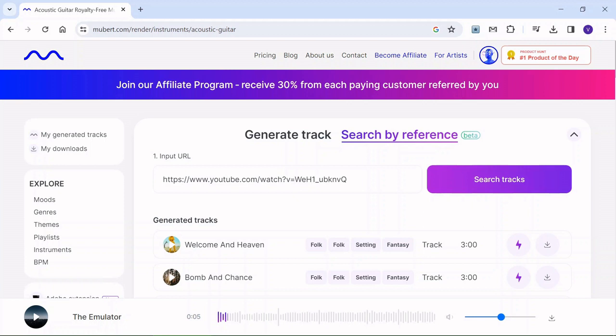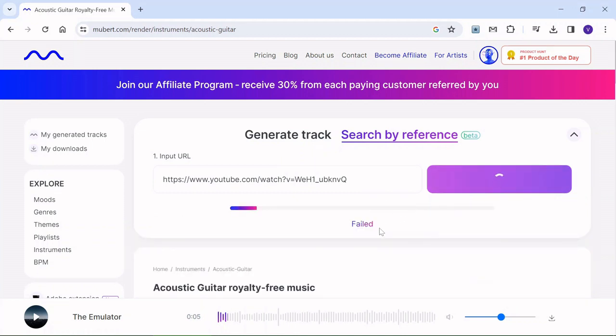so you can download it and use it as background music for your videos, YouTube videos, or Facebook, and so on. I chose a Christmas song from YouTube, so let's see what kind of music Mubert will generate for us. It says it failed, but now it says it's downloading. Mind you,